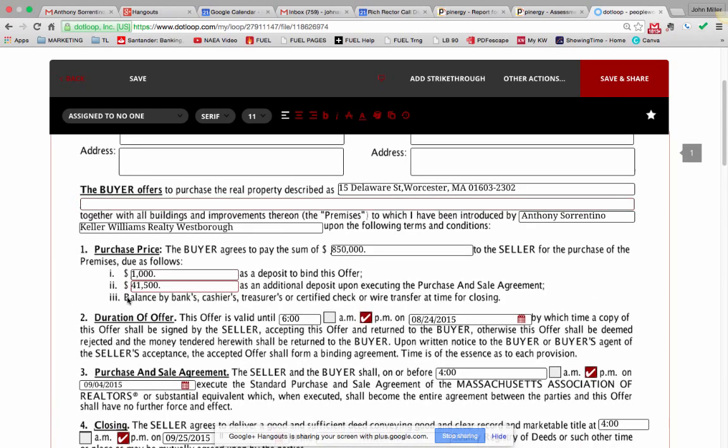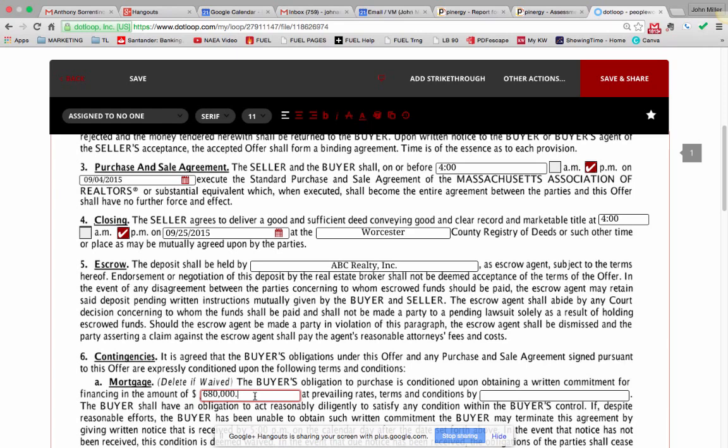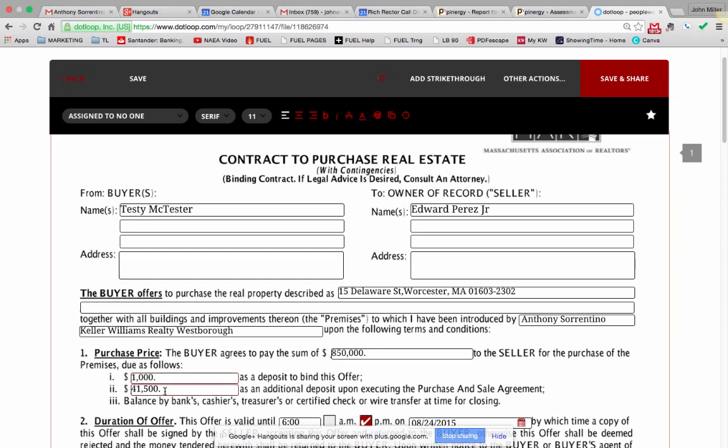And they've already put down $42,500 as a deposit. So at the closing, they're going to take the $42,500. And if you add that, let me do it on the calculator, $42,500 plus the mortgage company is going to bring a check for $680,000. So that's a total, if you add the 680 plus the 42,500 that they already paid, there's a balance there of